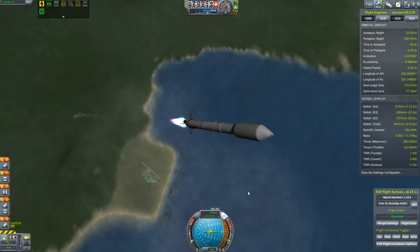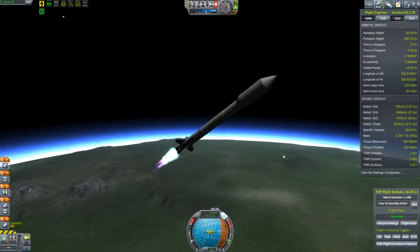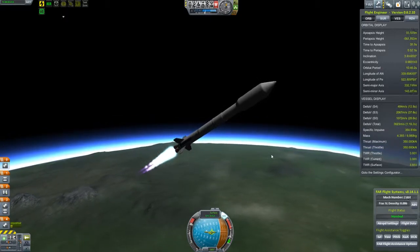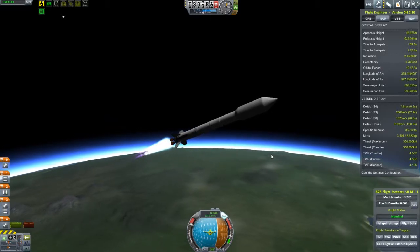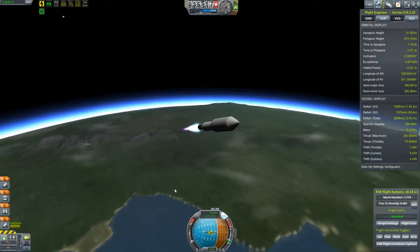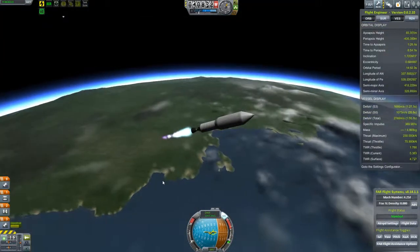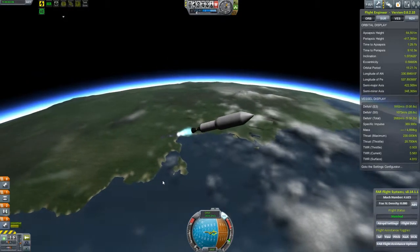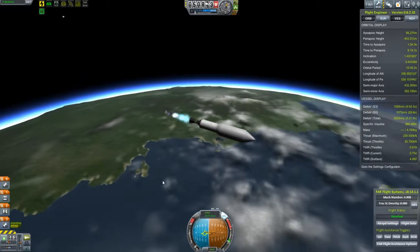This has a bunch of the ScanSat devices on it, and also some DM orbital science things. I recently added that mod. I had it on a previous save, and I really liked it. It's a pretty cool little addition to the game. Gives you some more science experiments, some easier ways to gain a little bit more science early on. It's got the magnetometer and a couple other things you'll see here in a second, but